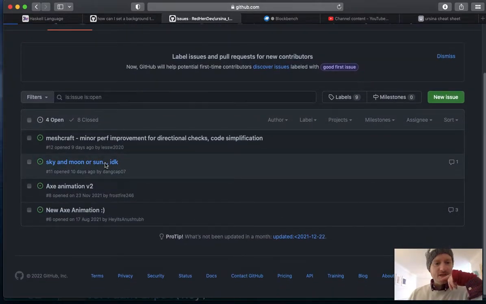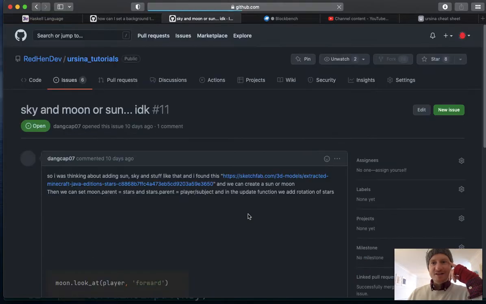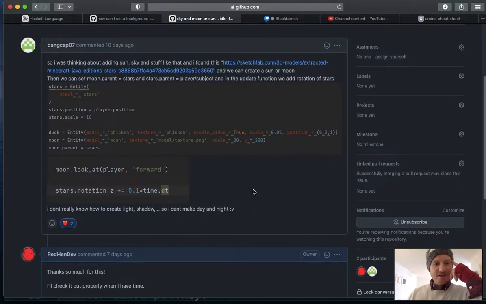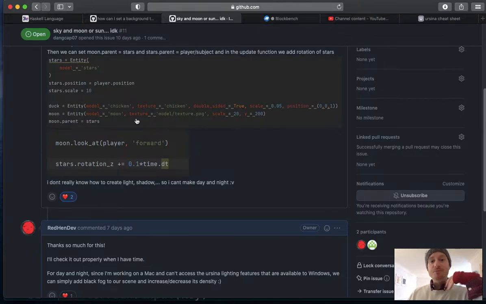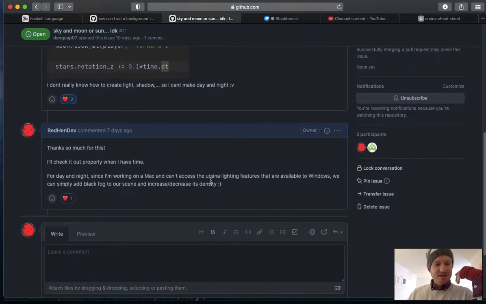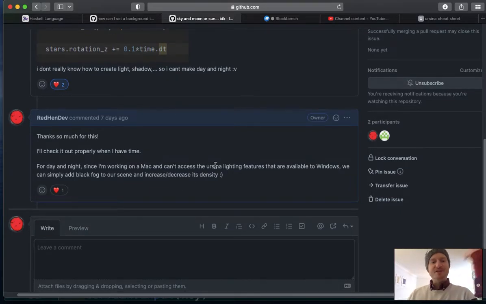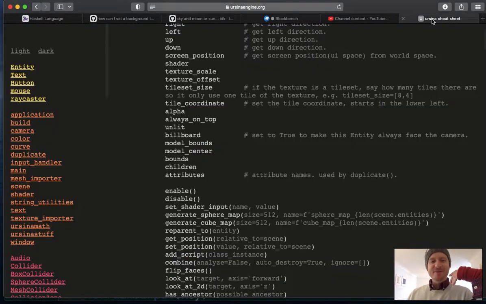Sky and Moon, was that it? Just to jump to something else. It's loading really slowly. There we go. So it's DanCap07 had some nice ideas about using the moon and the sun and rotations. Oh, and I didn't go into detail here. No, it must have been on another comment. Anyway, basically, I was thinking the way Minecraft works is